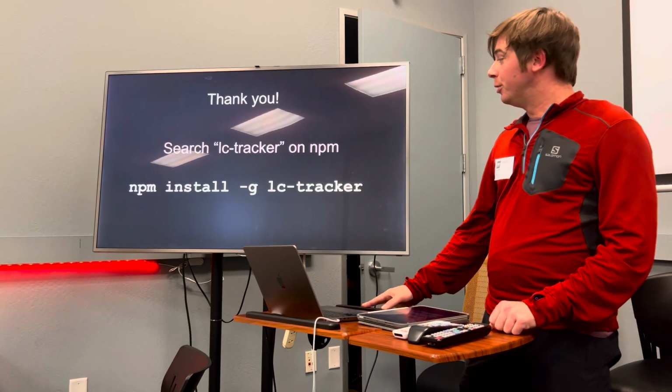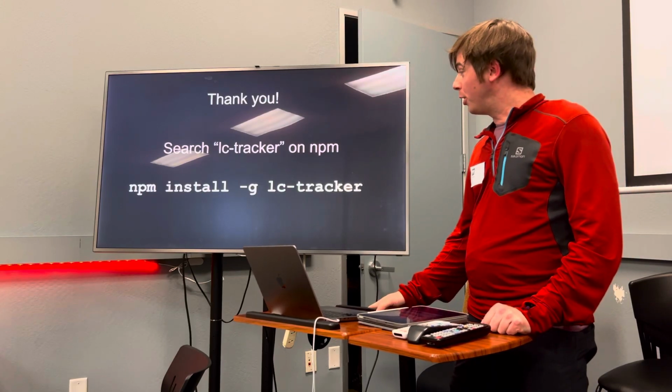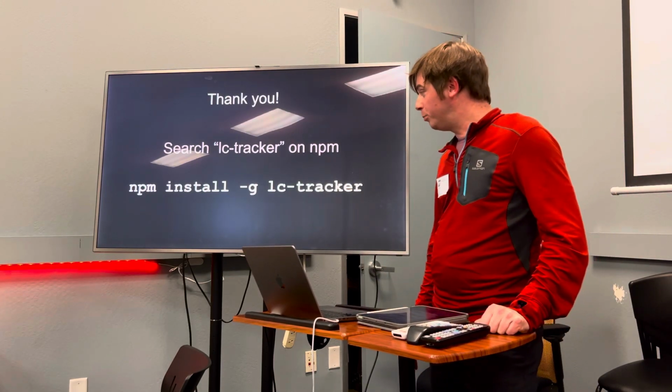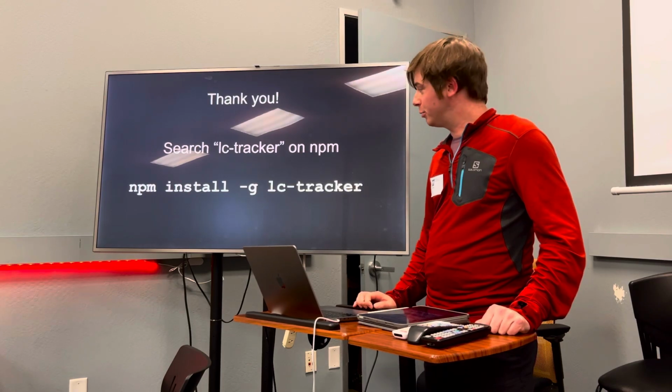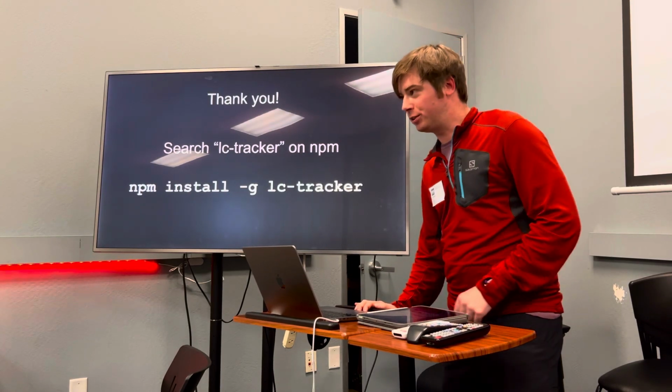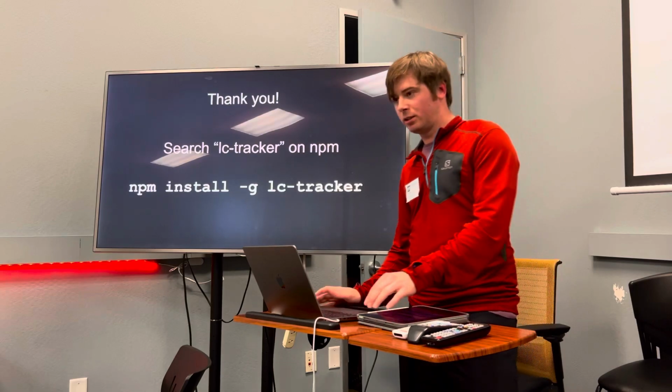So if anyone wants to, they can start a group for Front-End Guild. If they go and install it, you'll just need to have a valid email address. Yeah, and that's it. So if you have any questions,